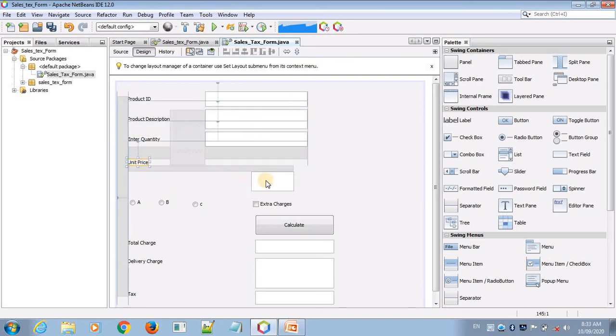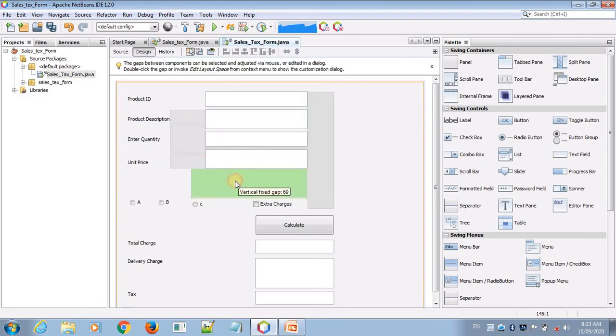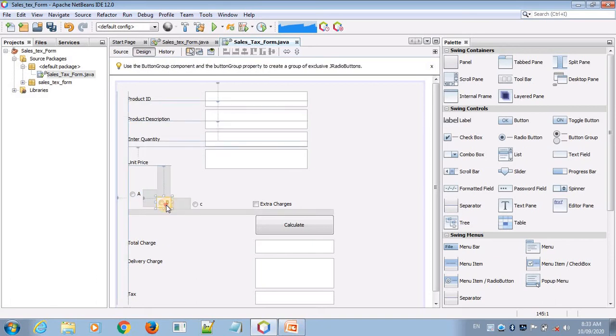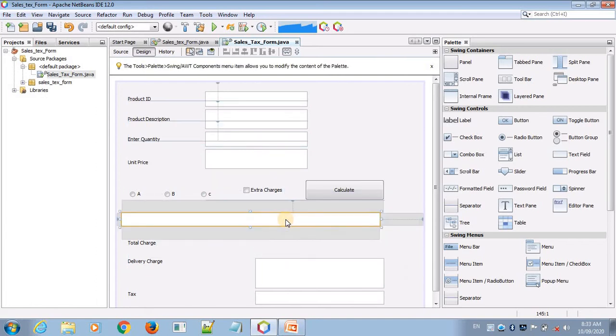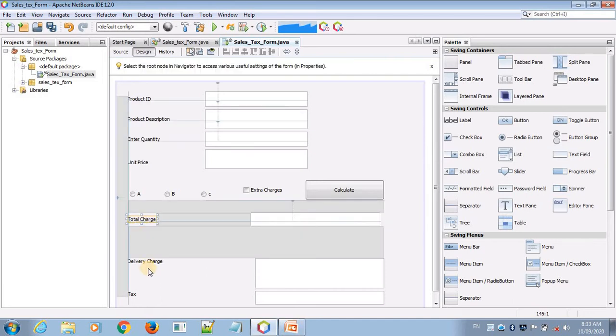Unit price. Because we are going to add another, this is for delivery charge.